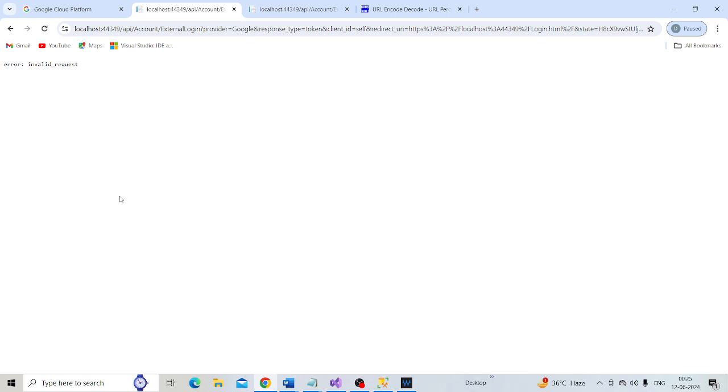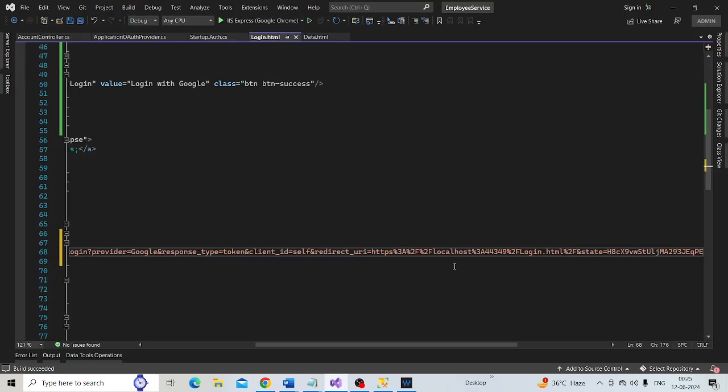This is because if you look at the redirect URI query string parameter, the value for this is this.